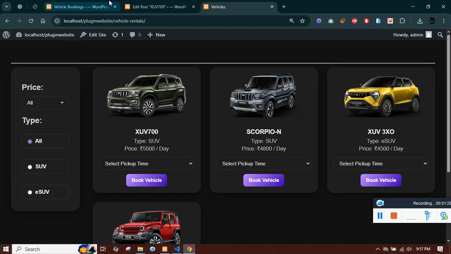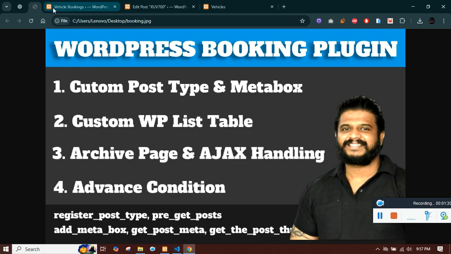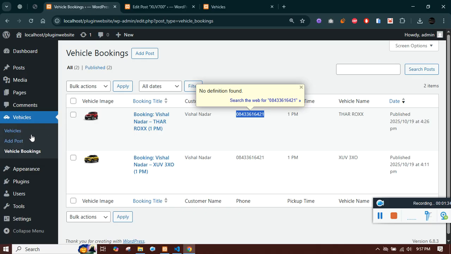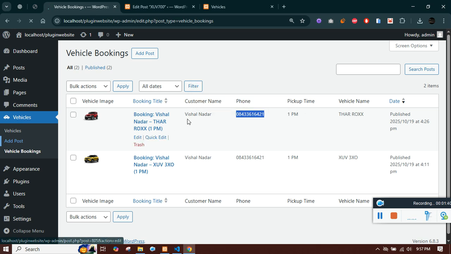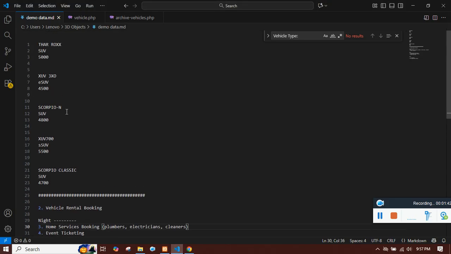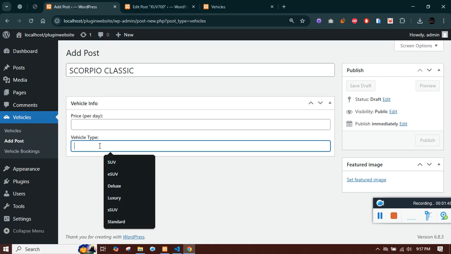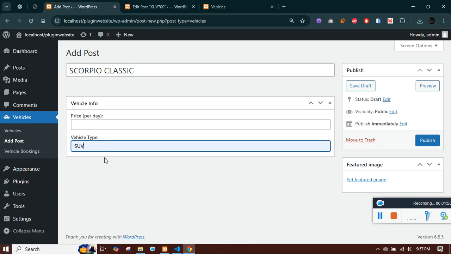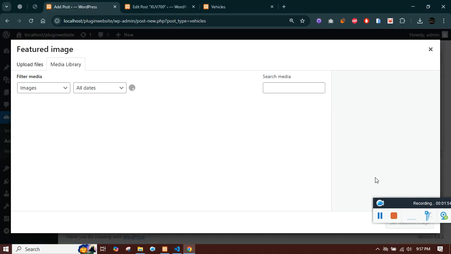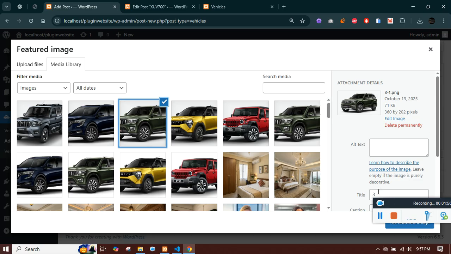So in detail, what are the things that we are going to learn? First of all, we'll be creating a custom post type and a meta box. So this is actually a custom post type vehicle, and if I click on add, you will see I'll be able to add a vehicle. Let's add a vehicle called Scorpio Classic, and this is the type, and this is the price per day, and this is the